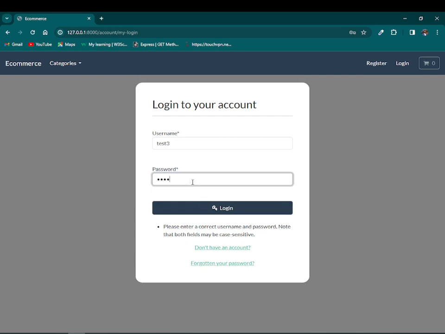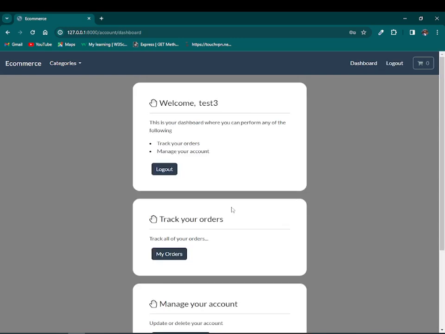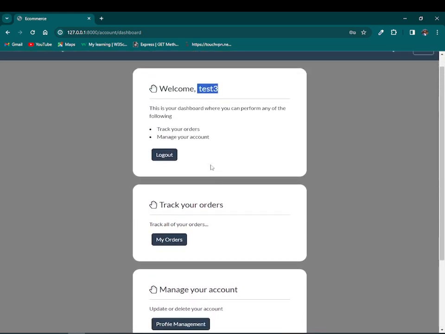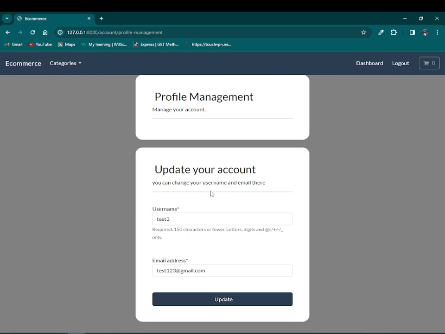Just type again the password and log in. Now you see our username is changed, and now our username is test3. So we are successfully able to update our username. Now we want